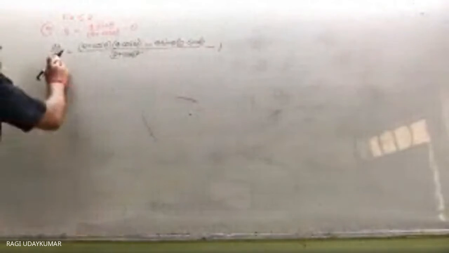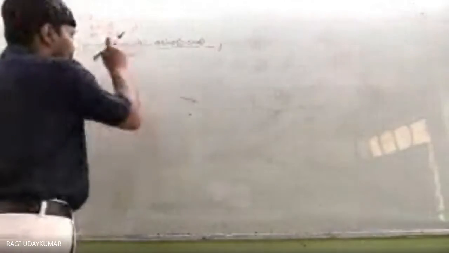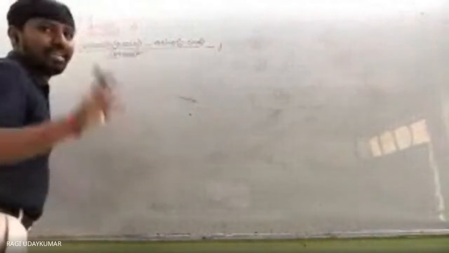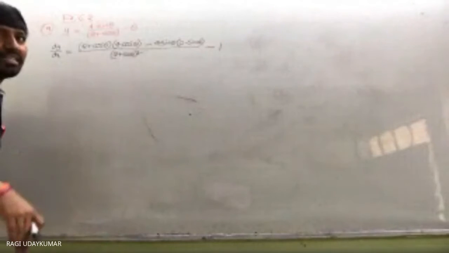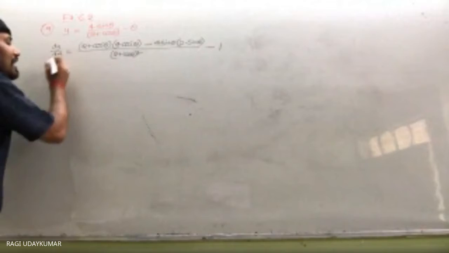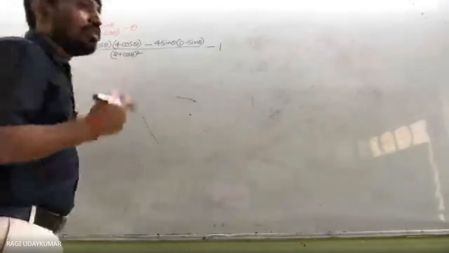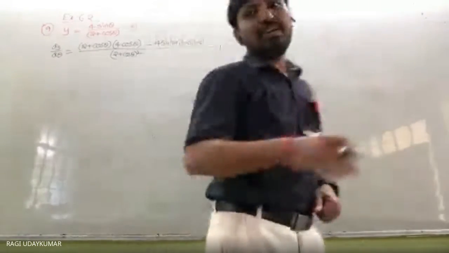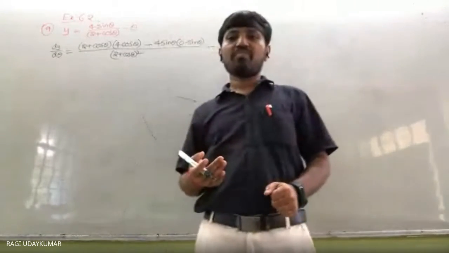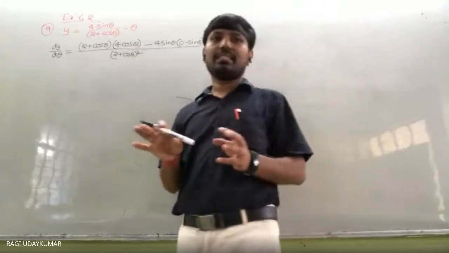Is it right whatever I wrote? No, because I wrote dy by dx. We are differentiating with respect to theta because the function is given in terms of theta. Here also most of the students will habituate this mistake. It is not x, it is theta. dy by d theta. हम habituate हो गए, सारा functions x में है, so that's why that mistake may be done here. It is not dy by dx, it is dy by d theta.